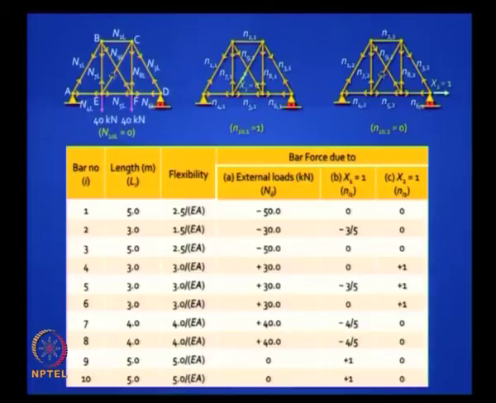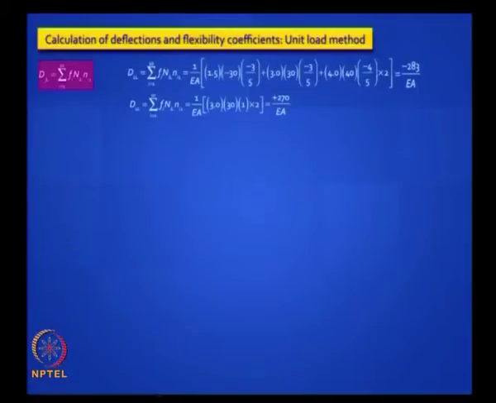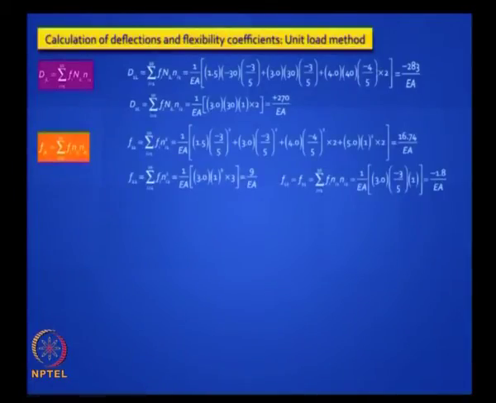And if you take this particular case, it is so easy, there are only 3 bars. When you pull here horizontally you will have an axial tension in these 3 bars and you do not have any force in any other bar. So that is why this is just 1 1 1, all the others are 0, is it clear? So these things should not take you too much time. Once you have done this exercise, invoke your unit load method equations. Are you clear about this? We have done this before.